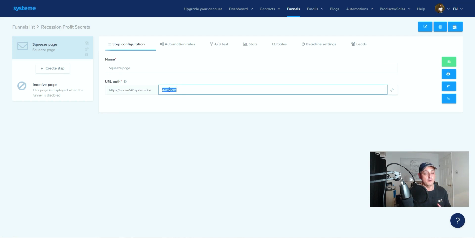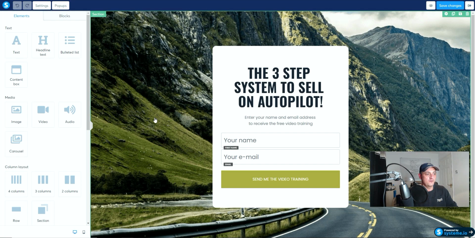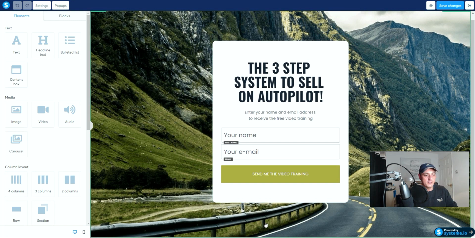Here you can see you've got the URL path. Again, we want to name this so you can recognize it when you've built more than one funnel. So I'm going to call it what we called it previously, which is the recession profit secrets, because that's what I'm going to use as my example. Once you've named that URL path, we've got an option to either view the funnel, edit the page, and obviously we can change the page template if we decided we didn't like it. So I'm going to edit the page, and you'll see that the page itself is really clean. It's really simple. You can add a privacy policy and affiliate disclaimer and everything at the bottom of this if you wanted to do that, but